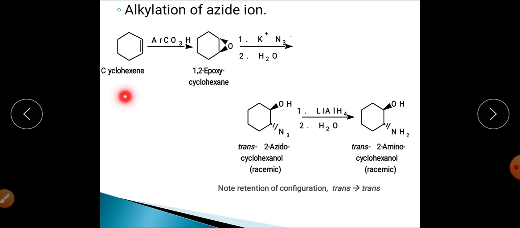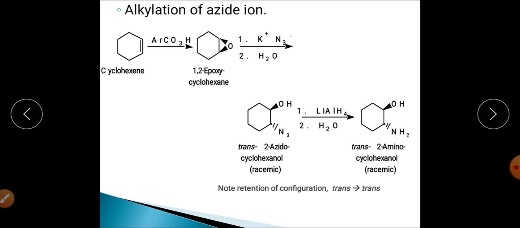using cyclohexene. For example, we have cyclohexene. So when we talk about the first reaction, it is the reaction of cyclohexene with peracid, and we know that it will get converted into epoxycyclohexane, right? So an epoxide will be synthesized when an alkene is reacted with this peracid. When this epoxycyclohexane is allowed to react with potassium azide followed by hydrolysis, then ring opening will happen, and